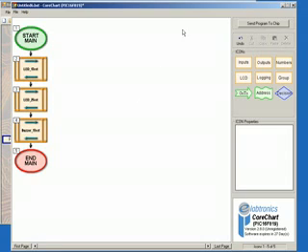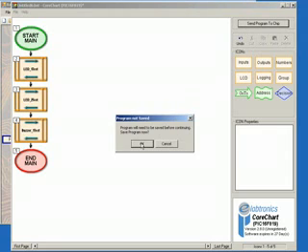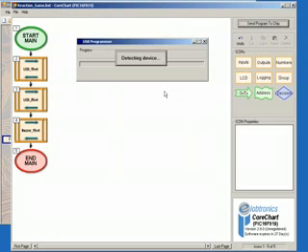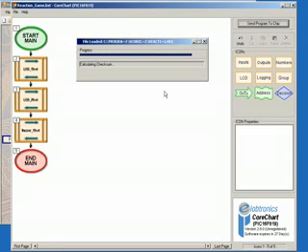Then simply click on the Send Program to Chip button, then click OK when prompted to save, and call the program Reaction Game, and then click Save. Program is now sent to the chip,